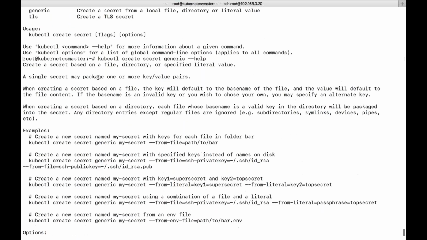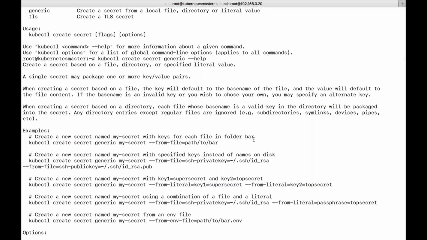When creating a secret based on the file, the key will default to the base name of the file and the value will default to the file contents. If the base name is an invalid key or if you wish to choose your own, specify an alternative key. See, by default if you don't specify the key name, it will take the file name as a key. So if you want your own keys that need to be specified, you need to define it in the file itself. Okay, so that is what they are trying to explain.